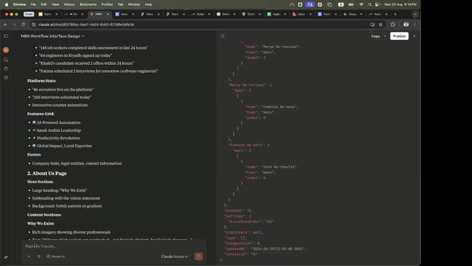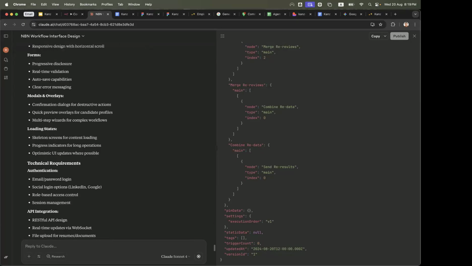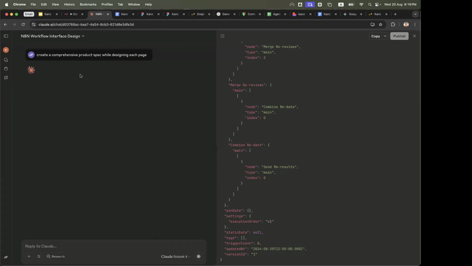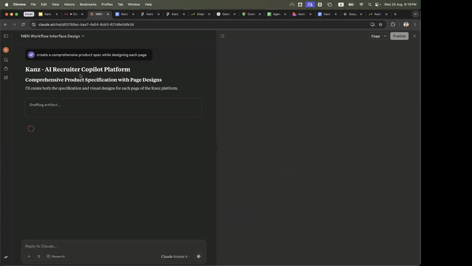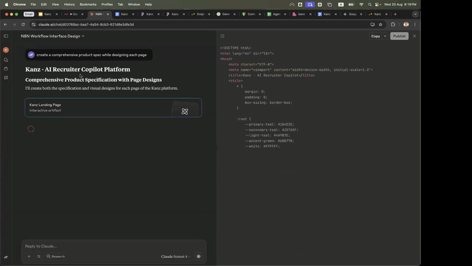And then what you can do here is create a comprehensive product spec while designing each page. Because you already told it it's a professional product manager. And maybe tell it you're a professional UX designer as well.